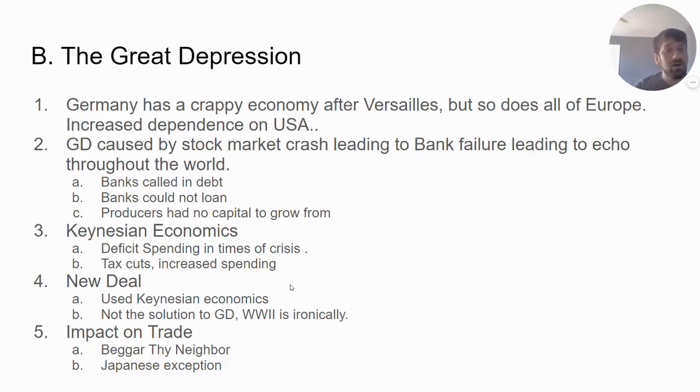Now, the other big thing that exacerbated the consequences of the Great Depression was a policy called beggar thy neighbor. When the banks collapse and the financial system collapses, remember that most of the private sectors in capitalist economies function in a similar way: taking on loans at the beginning of a fiscal quarter to invest in what were seen to be profitable enterprises that would then pay off the loan, and then they could keep the profits afterwards. So the financial system is integral to how most businesses worked in capitalist countries.